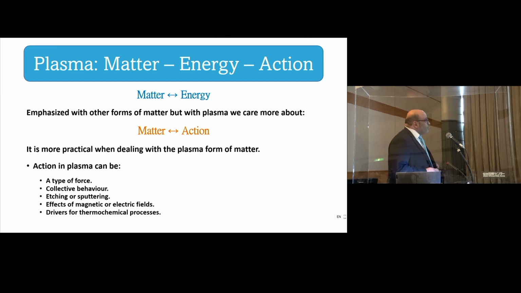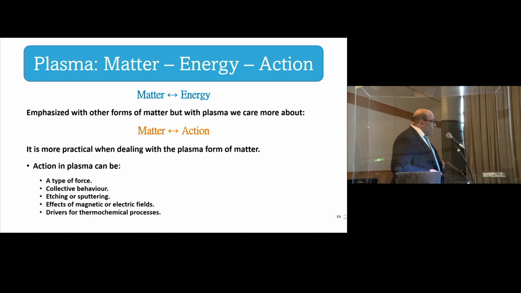Now, people in the other 3 forms of matter care about matter and energy, switching from matter to energy, from energy to matter. In plasma, we care about matter and action. Action in plasma could be collective behavior, but not necessarily. These days, collective behavior is not a condition of a plasma. If you're talking about gaseous electronics that exhibit a little bit of physical plasma, collective behavior is not necessary. Sometimes it is something that you don't want, because most of the time you don't want collective behavior. Rather, you would settle for chaotic behavior, which is more natural.